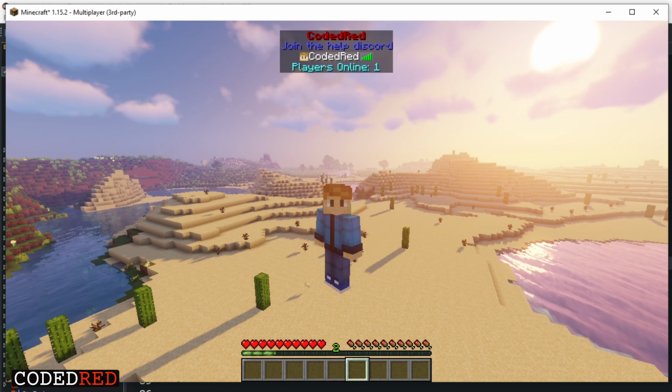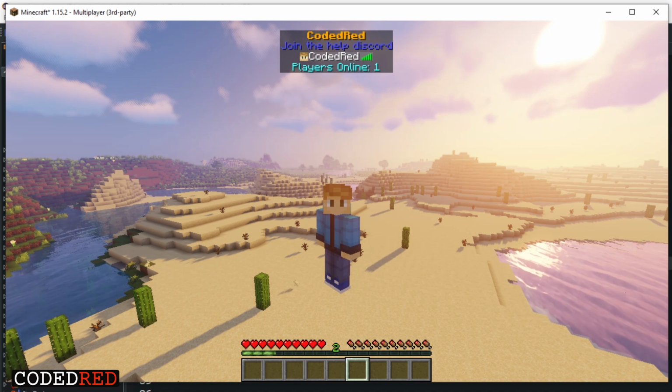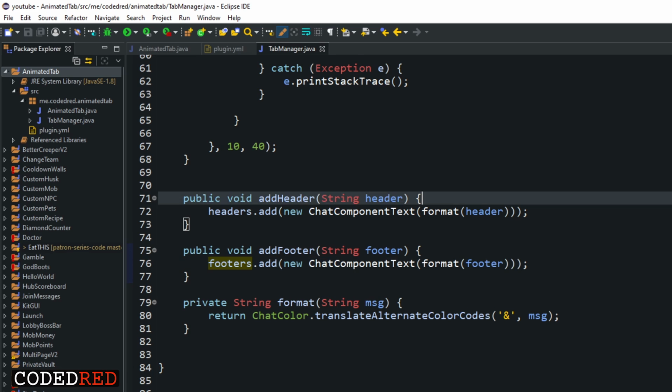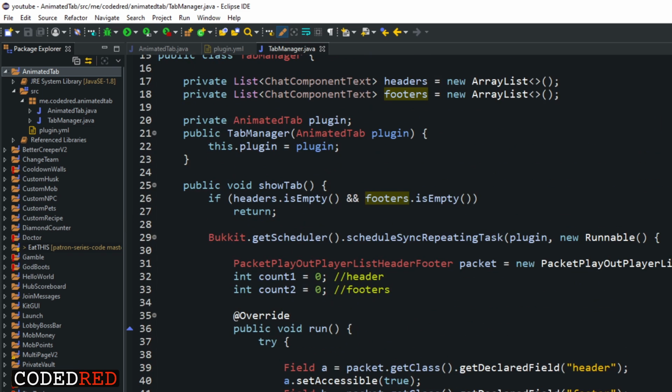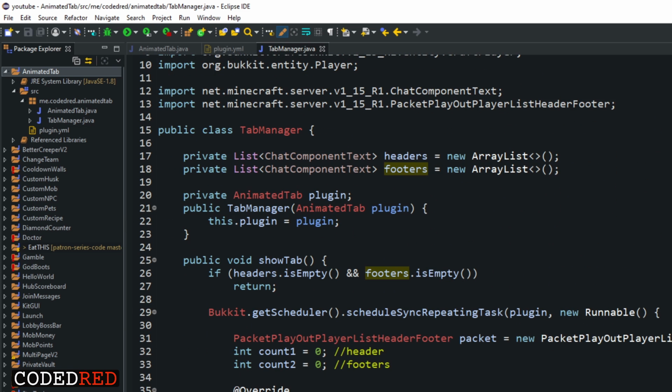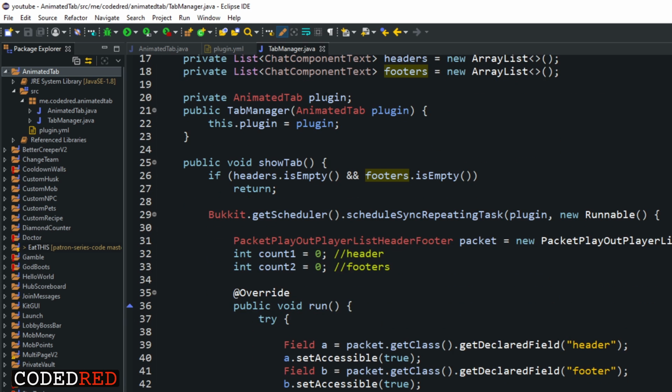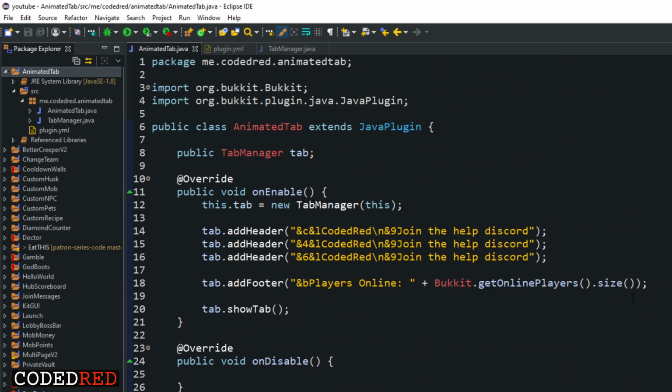So I hope you guys did enjoy the episode. I think it's a pretty nice episode because I went ahead and created this whole tab manager class where it's really nice and easy for you guys to edit and change the headers and footers later on. It's really nice. Like I said, all you have to do is go into here and addHeader, addFooter,